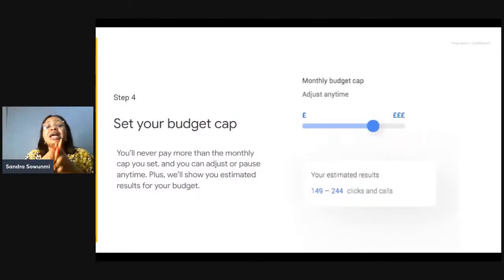Now, this $15 is also dependent on the number of persons that your ads would get to. Do you get me? So let's say $5 can get to from 500 to 800 persons, $15 might be able to get to maybe from 3,000 to 5,000 persons. So it's dependent on the numbers as well. Do you understand? And one thing again about Google Ads is you would never pay more than the monthly cap